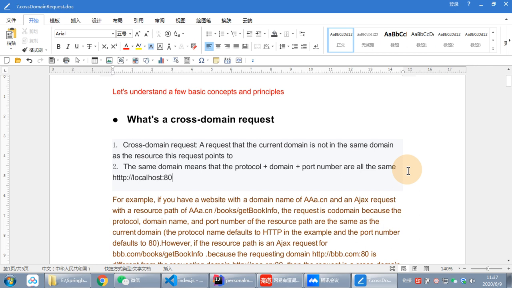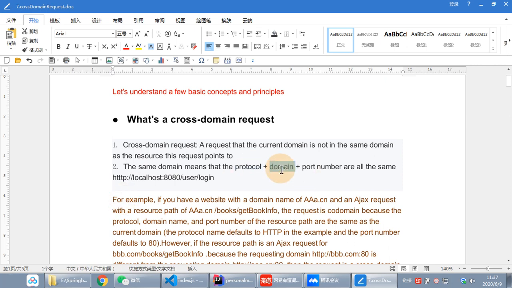Usually we use 1818. Yes. And then the path you want to visit, usually we visit login, and also add some other paths. And here HTTP is the protocol,